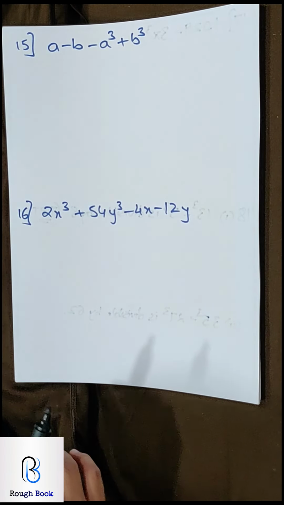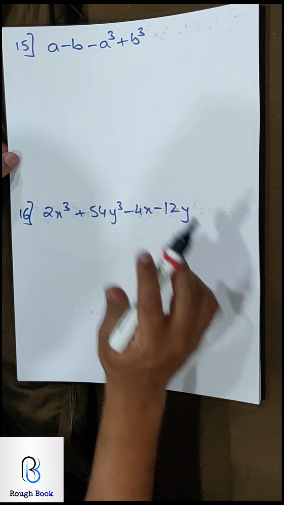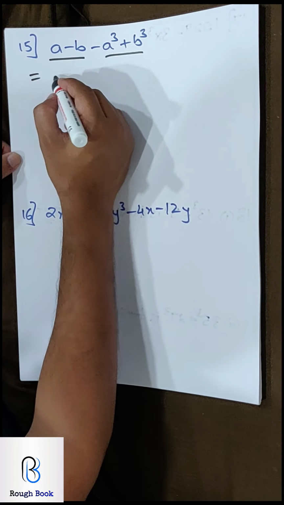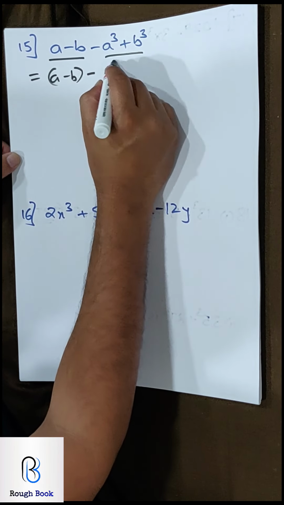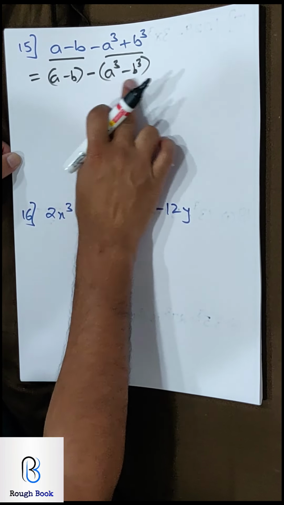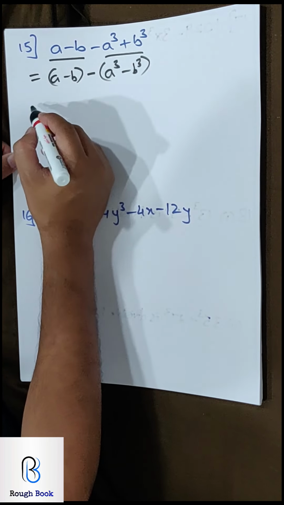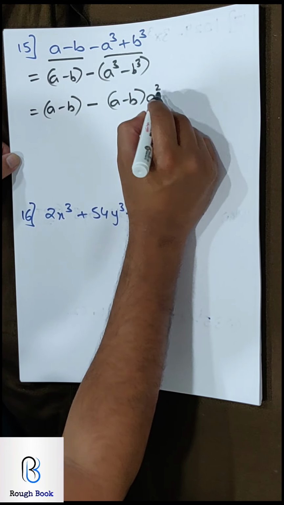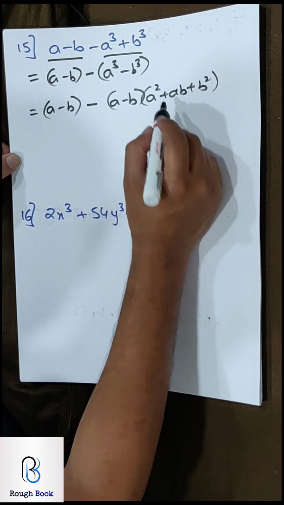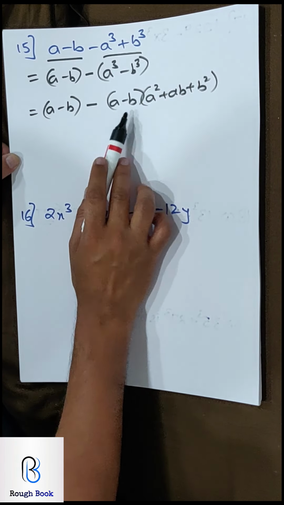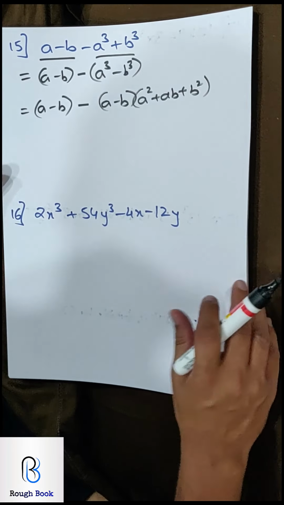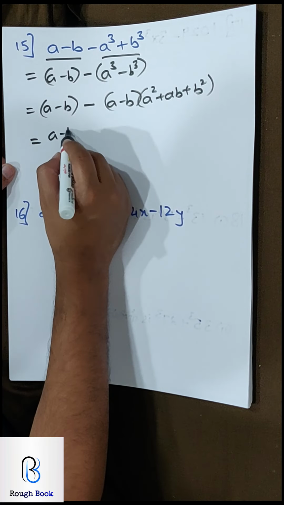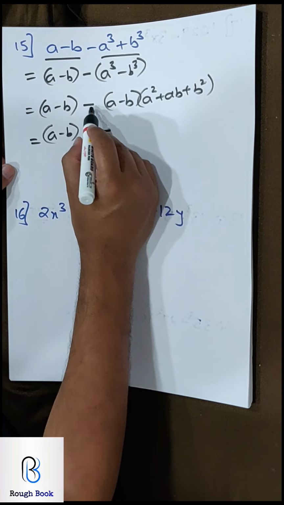Let's go to the next one, sum number 15. Come on, use your brains. This can be one pair, second pair. Can I pull out minus common? Yes. So a minus b minus a cube minus b cube. Now apply the formula. Don't start here itself, otherwise you will mess up. So a minus b minus, this will become (a minus b)(a square plus ab plus b square). Had you not removed minus common, you would have got over here a plus b. And if you get a plus b, then nothing can be pulled common. So minus compulsorily you had to pull. So a minus b common, nothing left, so 1 minus.